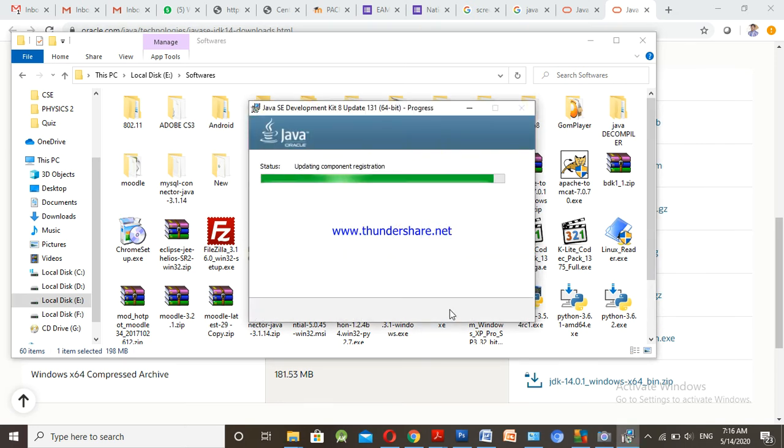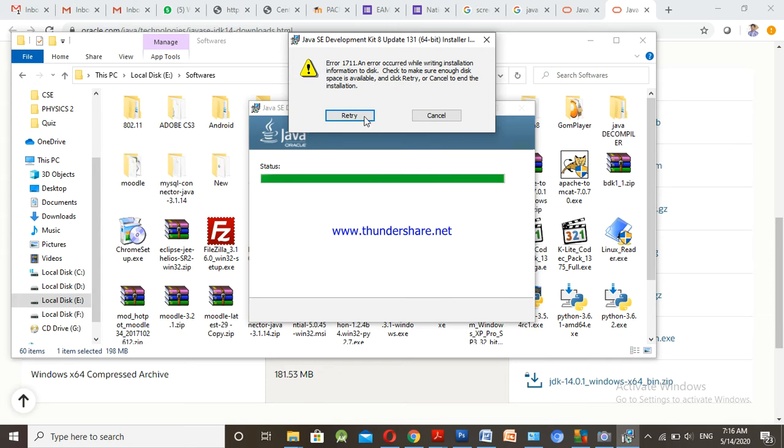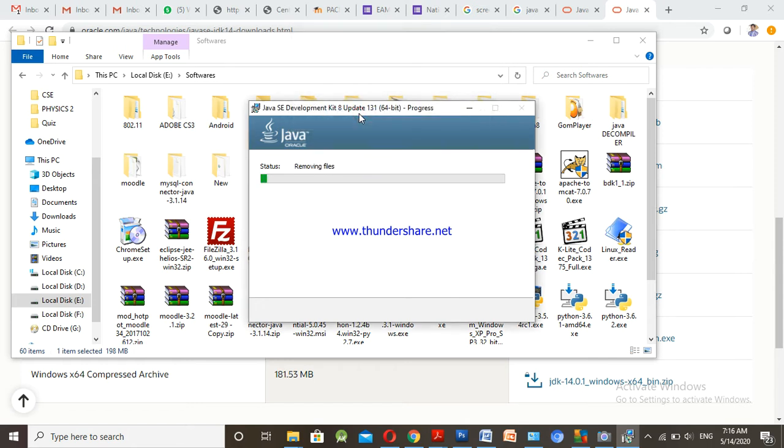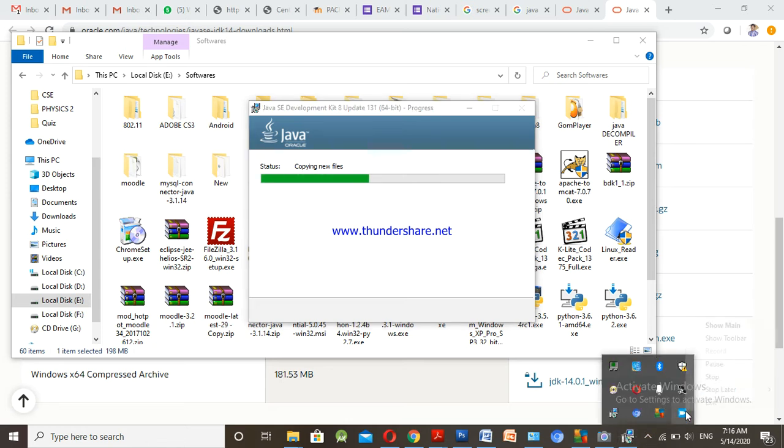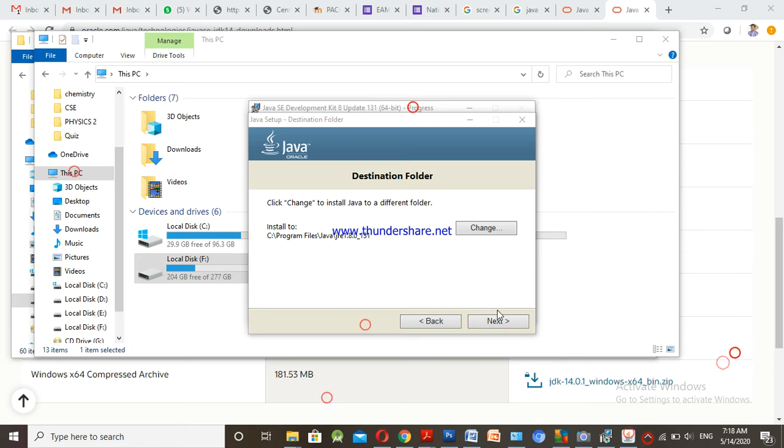Now it is installing the JDK. Because we are installing the JDK, here it installs both the JDK and JRE. Once it installs the JDK software, again it asks to install the JRE software. Here the JRE is also installed in a new directory created in the Java folder, which is already created for the JDK. Once the JDK is completed, then the JRE will start. You just click on next.